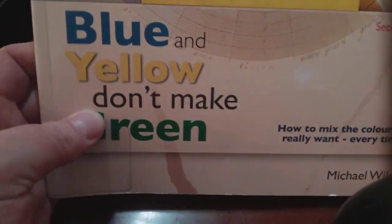If you use artist grade, don't use cheap paint. You will not be happy with cheap paint. You don't have to buy the most expensive paint on the market. My paint is a mixture of Winsor Newton and Daniel Smith. And that's fine. That works great for me. But I wouldn't do, well, I'm not going to say names because I don't want people to get angry, but I would not do student grade oil paint, and I would not do student grade